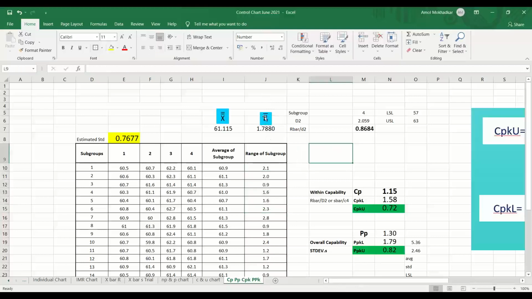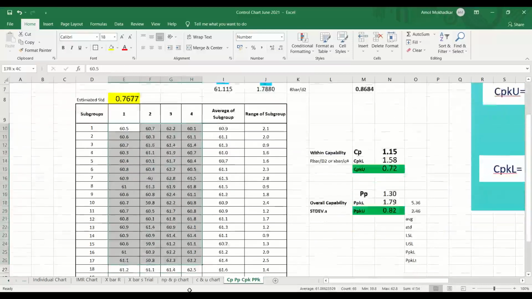Now you have R bar data, you have X double bar data. Now we need to have the estimated standard deviation also, that is being used for the PPK. Okay, estimated standard deviation for the PP value. So that we will calculate for all these 100 data.